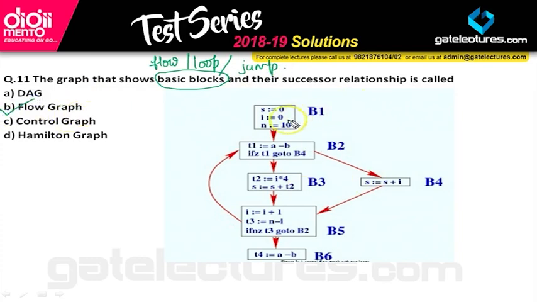And how they are designed: let's say this is my initial condition, so this is my first basic block. In this, T1 equals some mathematical computation, A minus B. If T1 is 0, then it goes to B4; if this condition turns out to be 0, it will go to B4, otherwise it will go to B3. So this is a kind of jump statement. This is how we use our basic block to check the flow of our program. This is how we detect loops and jump conditions. So for that we use the flow graph. All other options are clearly wrong.